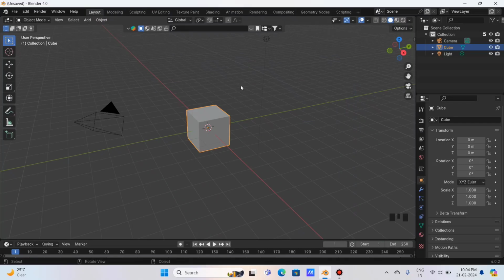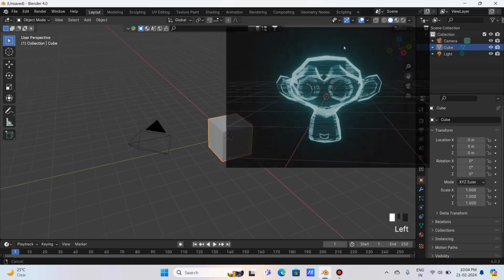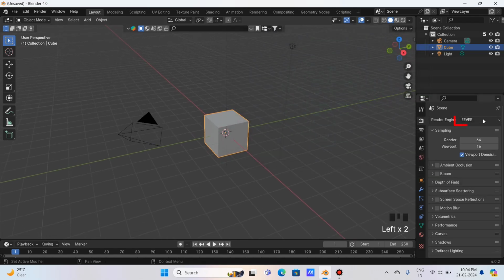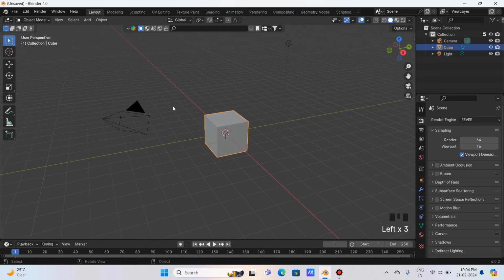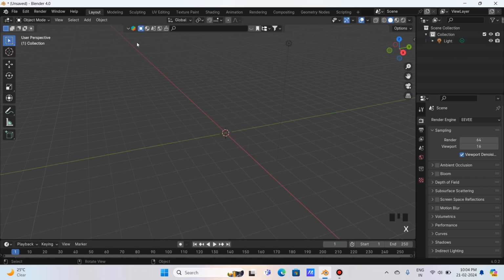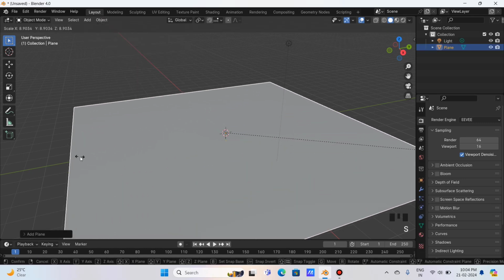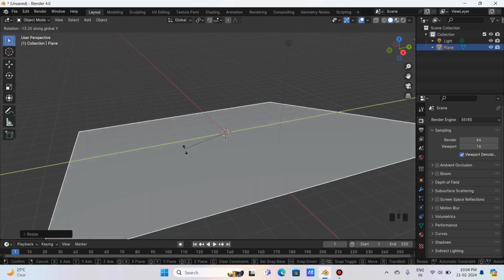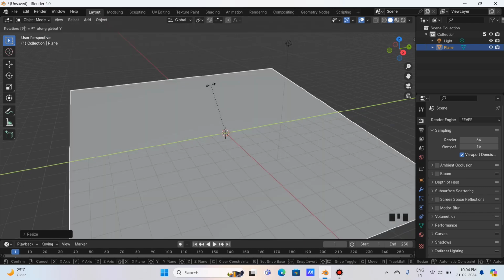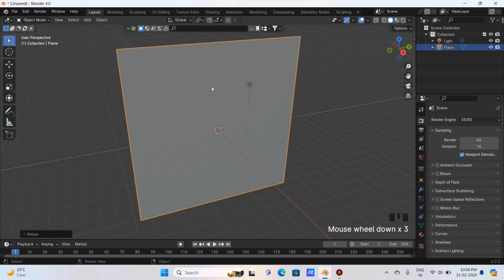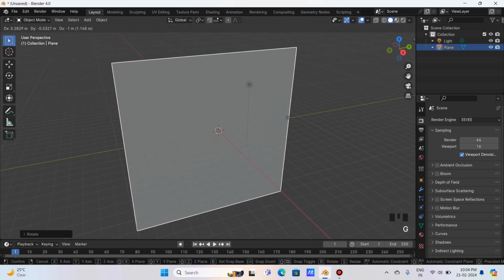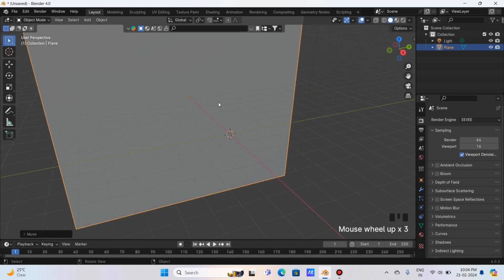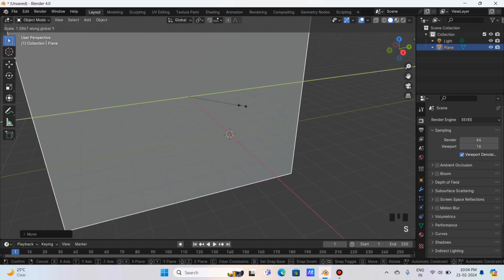In this episode, I am going to show you how to make a hologram material. I am currently in EEVEE engine, so I am selecting the cube and camera and pressing X to delete them. Now I am adding a plane and pressing S to scale it. Now I am rotating in only the Y direction, so I press R, Y and 90. Now I grab the plane with G only in the X direction, move it a little bit behind, and adjust the